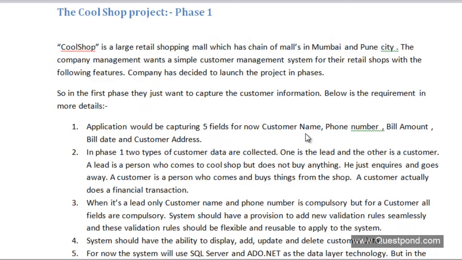So this project is an extremely simple project, and in order to make the learnings easy and to not complicate things on the first go, what I've done is that I have divided this project into various phases. So at this moment, we will concentrate just on phase 1. In phase 1, we have just 6 to 7 requirements. So let us concentrate on those requirements and try to architect this system, and let us see what design pattern comes up.